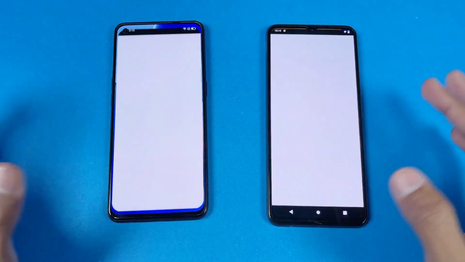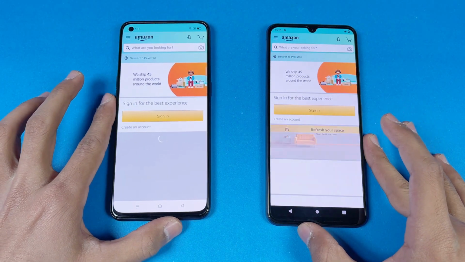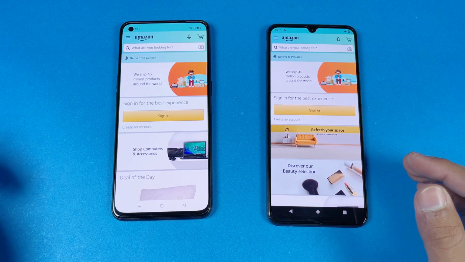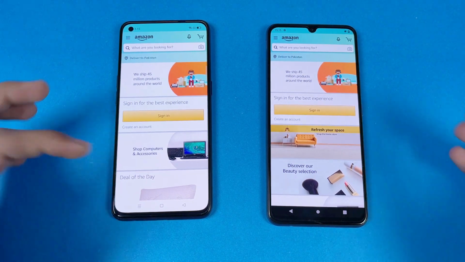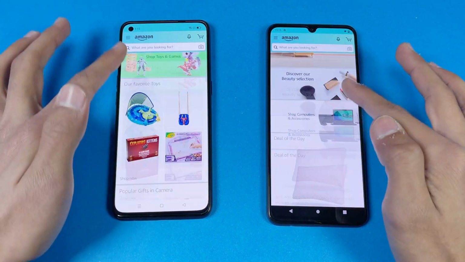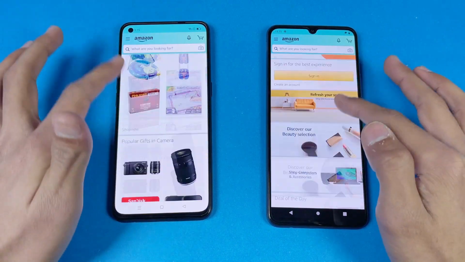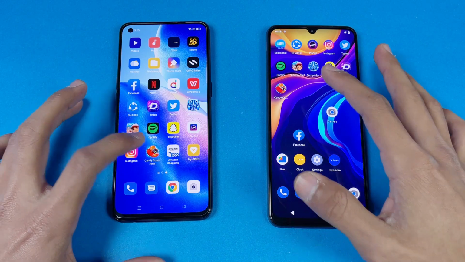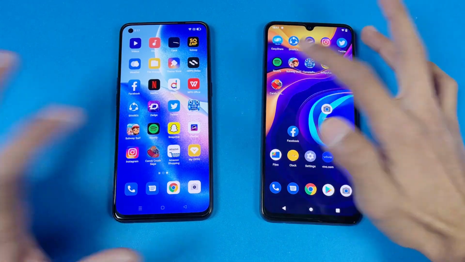Now let's see Amazon shopping on both phones, and that is a little bit faster on the Vivo V20. Overall I have to say about the same on both phones. Now let's see the scrolling, and it feels a little bit smoother on the Oppo Reno 5 because we have a 90Hz refresh rate display. Now let's check out some game applications, and first on the list is Candy Crush